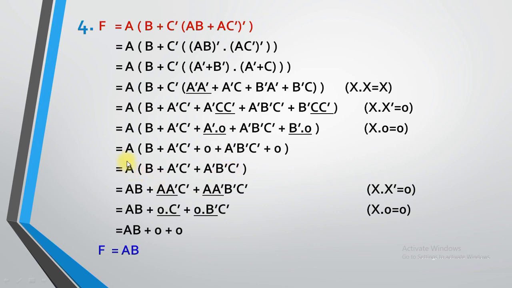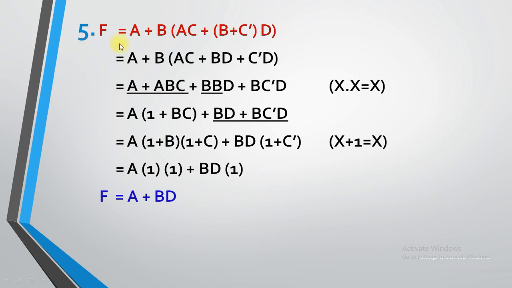Now you multiply it with the variable a, ab plus a into a dash. Again a into a dash can be replaced by 0, so the term would become 0 and the final answer is AB. So instead of drawing a logic diagram for the complicated circuit, you need to draw it with the simpler value. A 2 input variable AND gate is there. Got it?